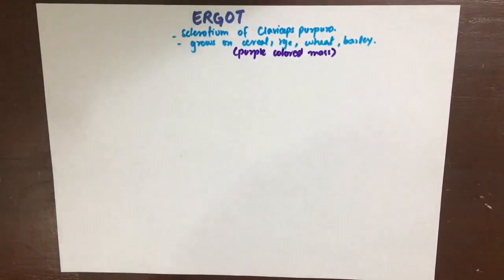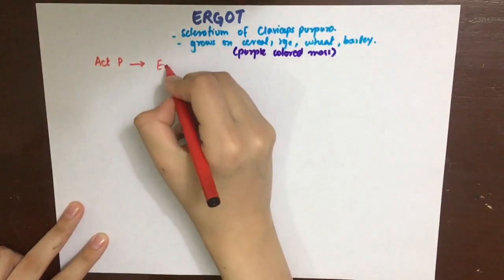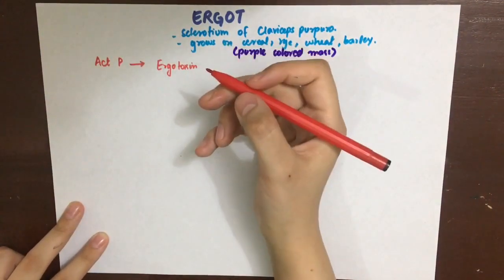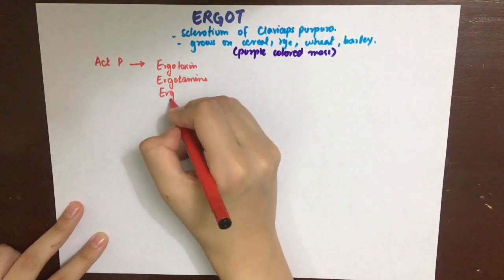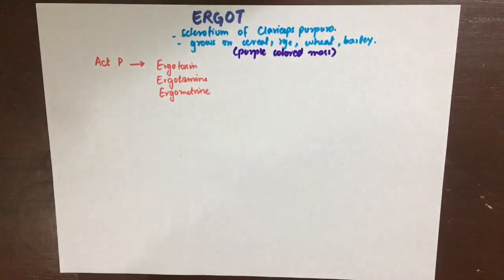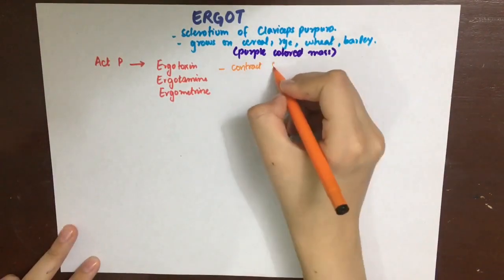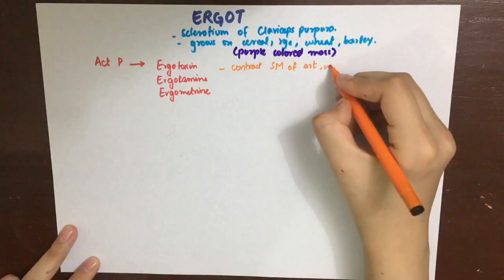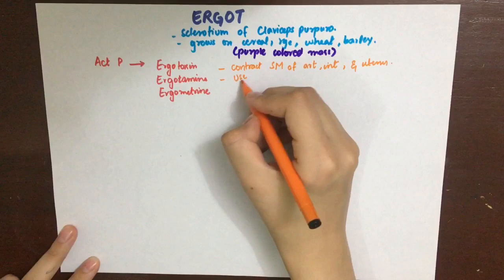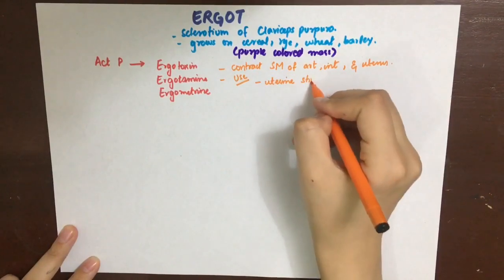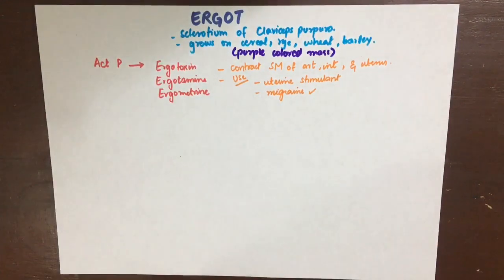powdered, gives us ergot. The three important active principles of this parasitic fungus are ergotoxin, ergotamine, and ergometrine. Now, we remember from pharma that many of the drugs are ergot derivatives. Because they contract the smooth muscles of arteries, intestine, and uterus, they can be used as uterine stimulants and also in migraine treatment to stop the pulsatile vasoconstriction and vasodilation of the cerebral arteries.